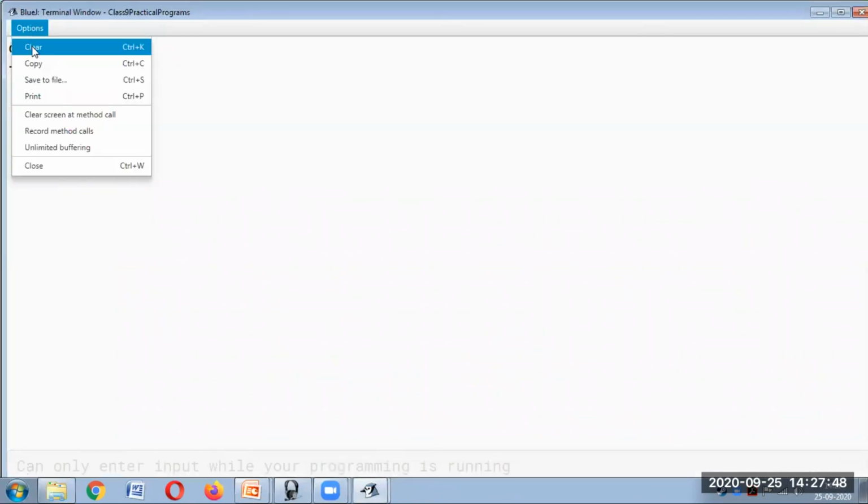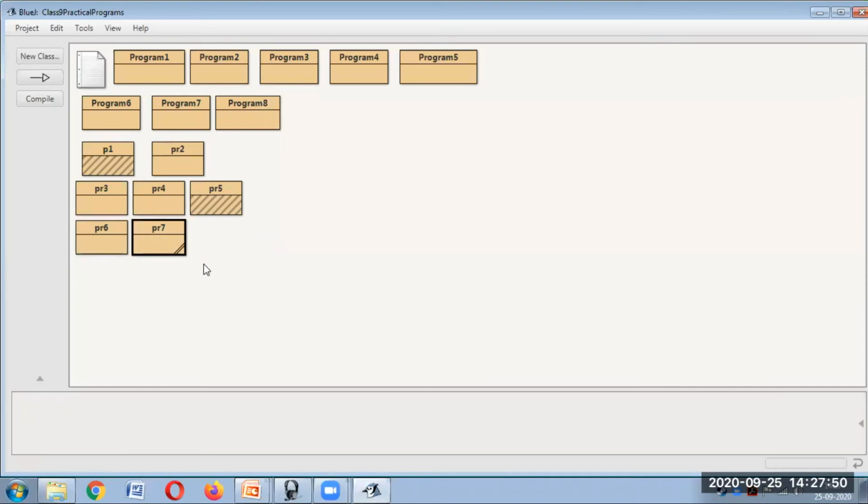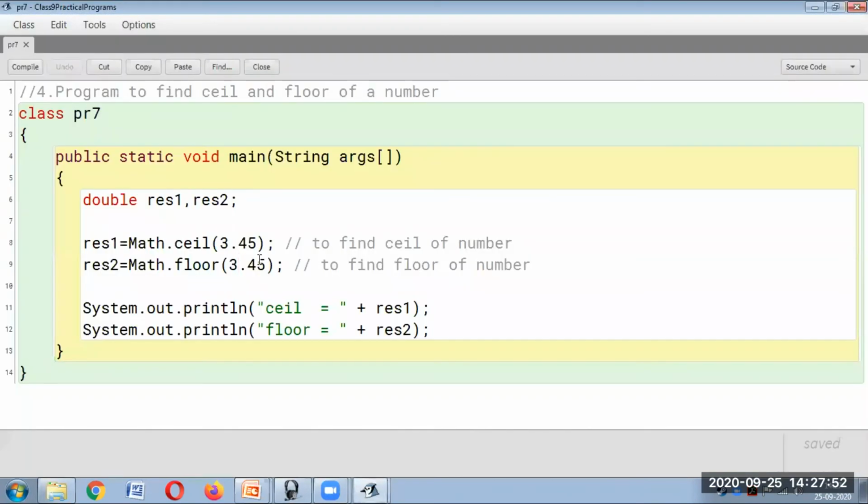Okay, so you can keep some other number also. You will get the result like this. Ceiling stands for, again I'll take some other input so that it is more clear. Okay, and here also I am keeping the same number so that you don't have any problem. So here if I say 5.45, so here you should get what? Here you will get it as 6 and here you will get as 5. Okay.